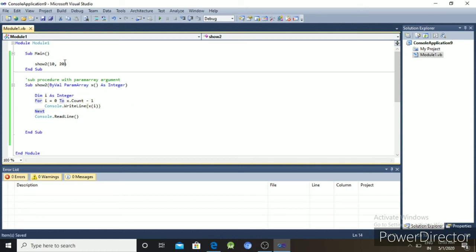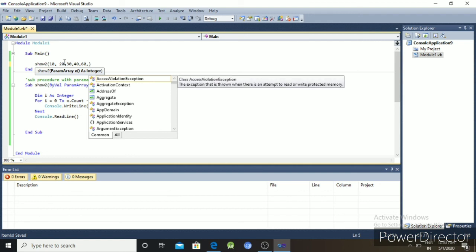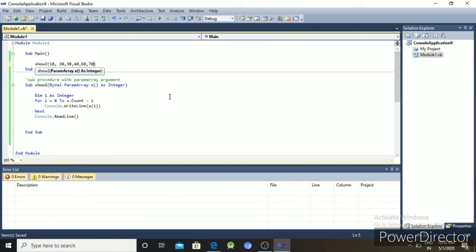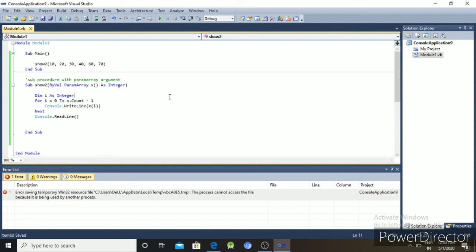Next, we write the values 10, 20, 30, 40, 60, 70. Okay, and execute the program.